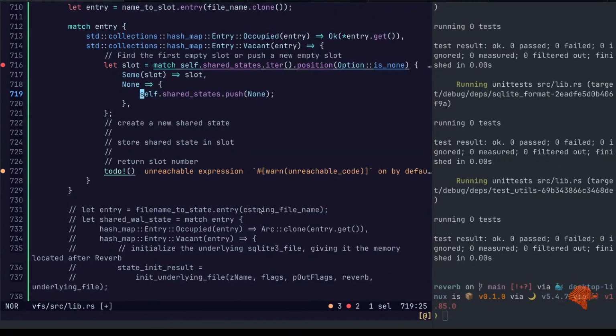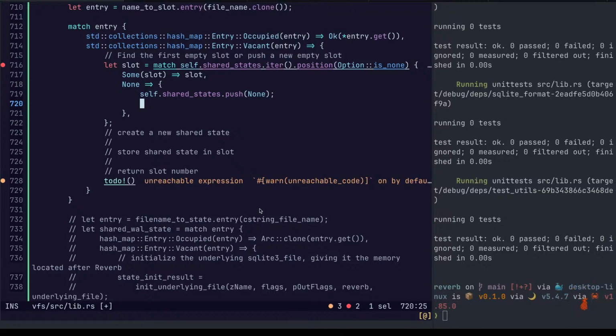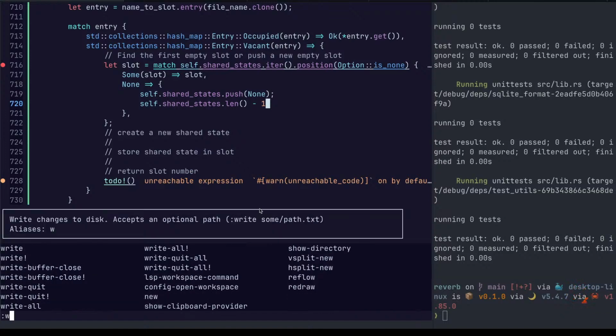Push a none to the end, and then return the length of it, minus 1.